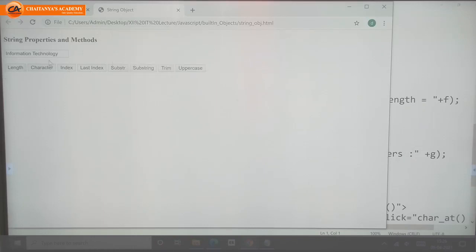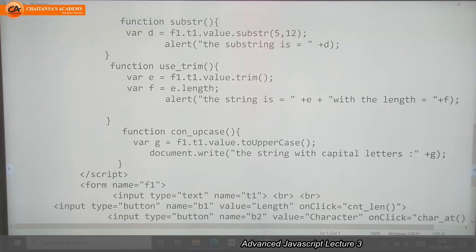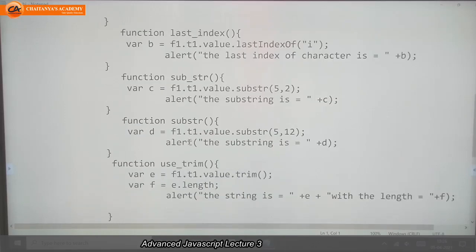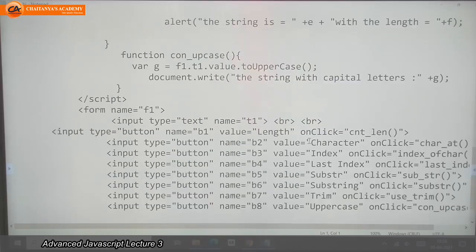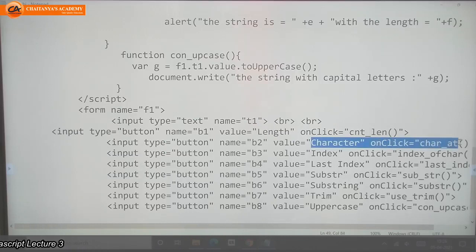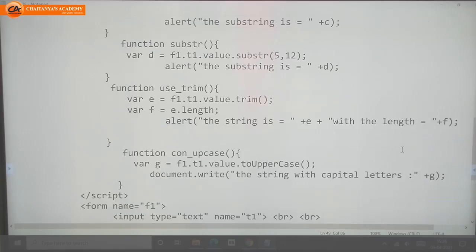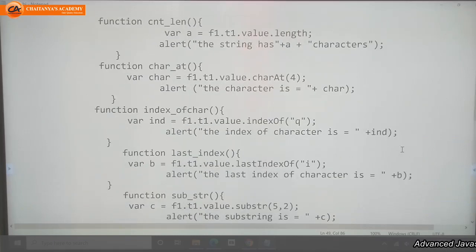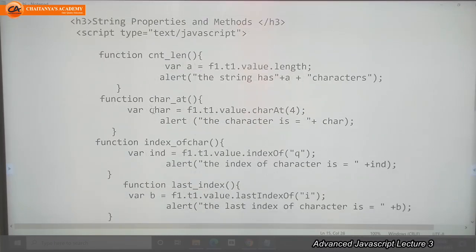Next, I want to return one character at a specified index. For that, this is the second button, where I wrote a user defined function with the name charAt. What is the syntax?